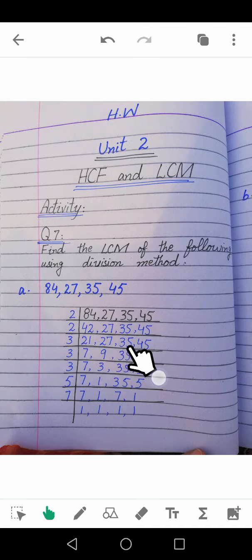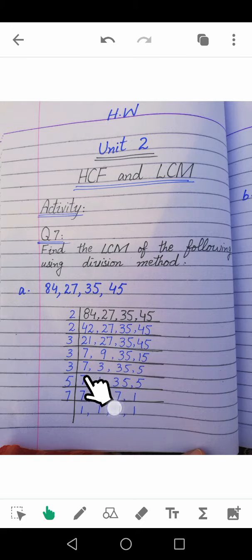Now no number is divisible by 2, so we will take the next prime number, which is 3. 3 7s are 21, 3 9s are 27. 35 is not divisible by 3, so we will write it as it is, and 3 1s are 3 and 3 5s are 15. Now again divide it by 3. 9 and 15 is divisible by 3. Again by 3. Now none of the numbers is divisible by 3, so we will take the next prime number,